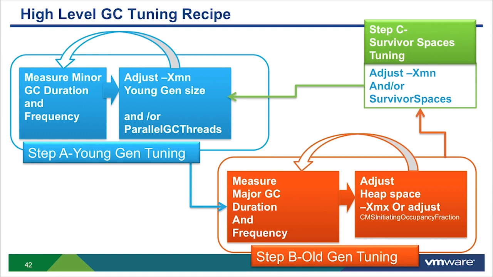And so step A and step B is more than good enough tuning for category 1 applications. Remember those applications that have thousands and thousands of JVMs? It turns out that in category 2 type of applications, you have to visit a step C, which is adjusting survivor spaces. And that's an intricate kind of activity, only because with very large JVMs, survivor spaces could be multiples of gigs, especially if